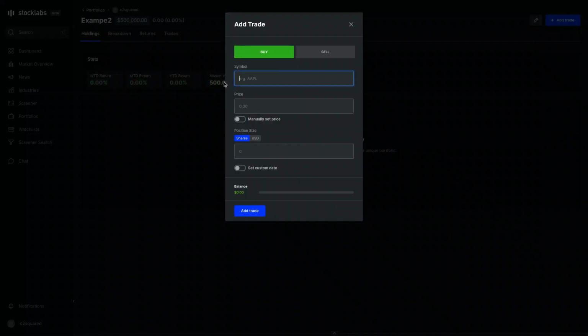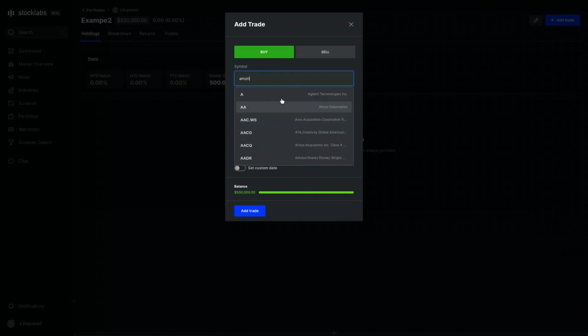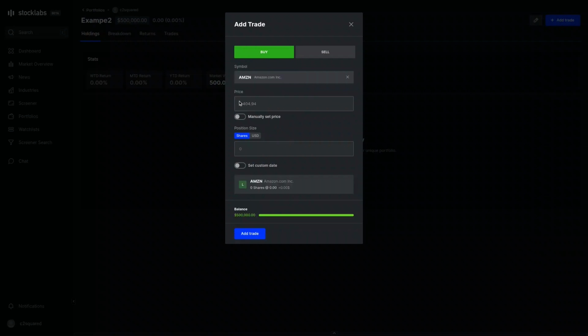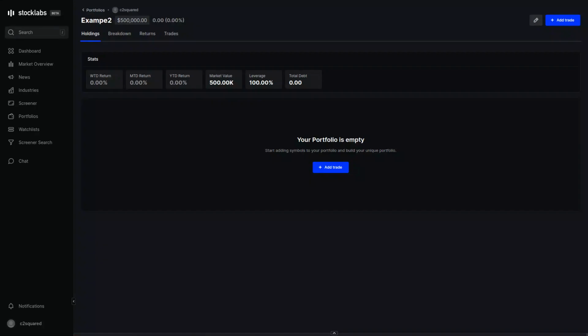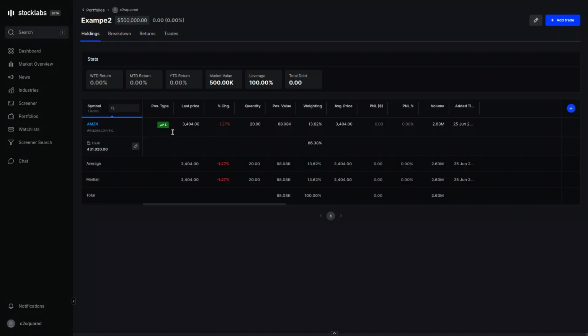I will add, you click add trade. So if it's empty, you have the add trade button in the middle or the add trade button in the top right. And we will buy a handful of stocks. So Amazon, it gets you the price right away for where it's trading right now. Let's buy more Amazon. Okay. And then we click add trade, and it just brings it in from the current market price. Now it's in here. So let me do this a couple more times